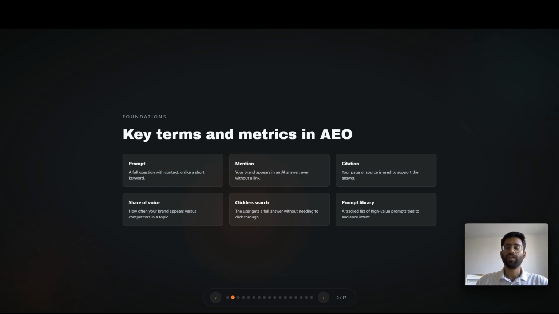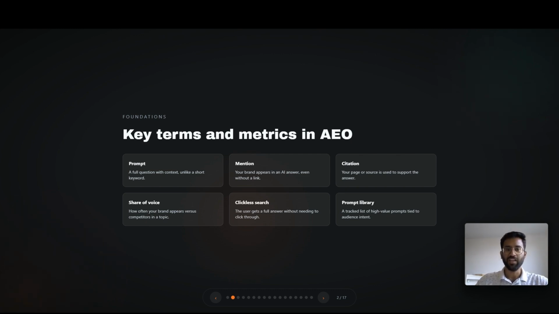The second one is called mentions. A mention is the mention of your brand or a product. If you're running an e-commerce company or a shop, then the mention of this particular product, one or multiple products, or just the name of the company or brand, that will appear in this AI generated answer. That matters a lot because even if there is no link, even if there are no clicks, I'll come to the zero click topic soon, even if the user never clicks, the mention is there, so the brand visibility is already there. So your brand is now a part of the consideration set.